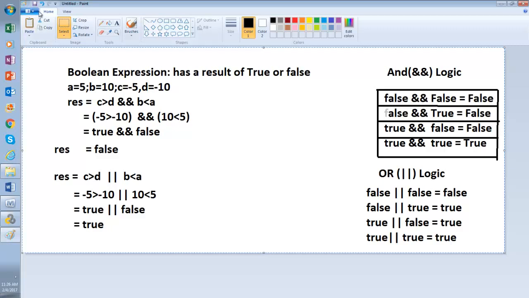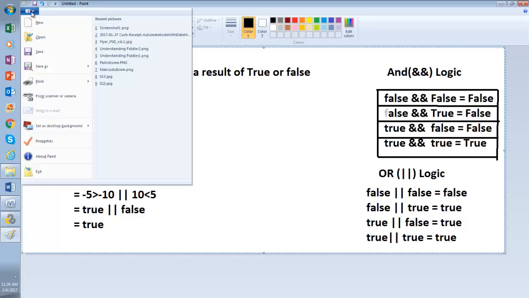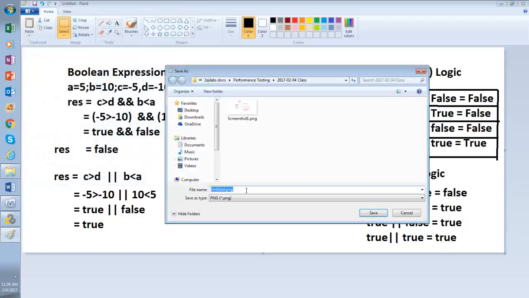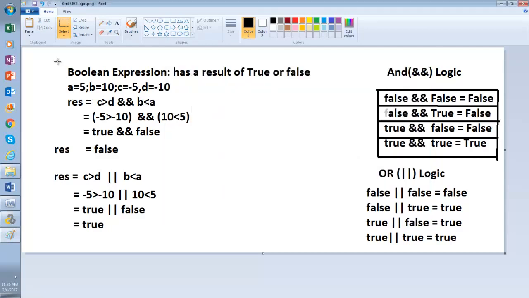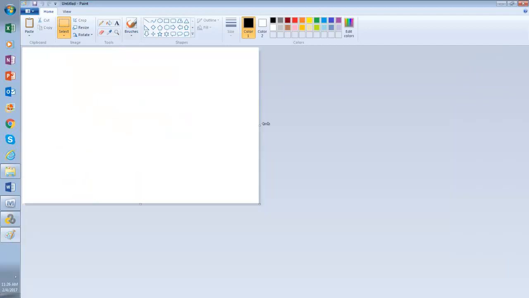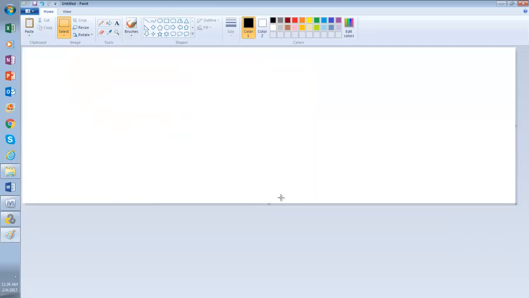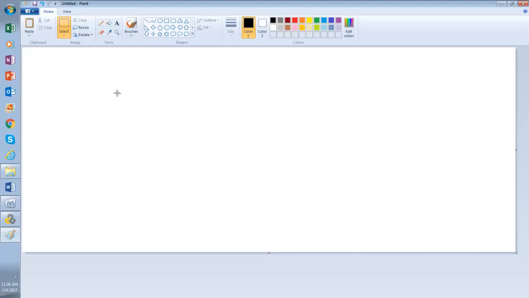Now let me save it. Okay, now let me bring another logic, that is NOT. Let me bring a new window, and see the way NOT logic will work.